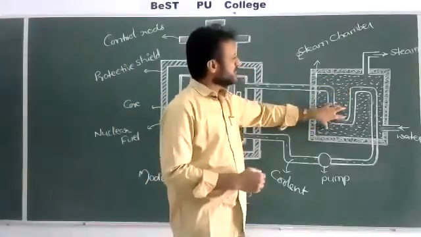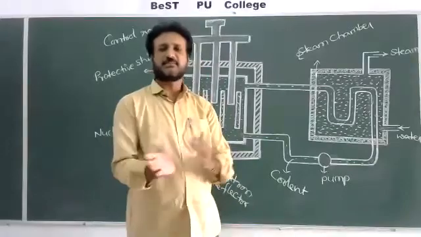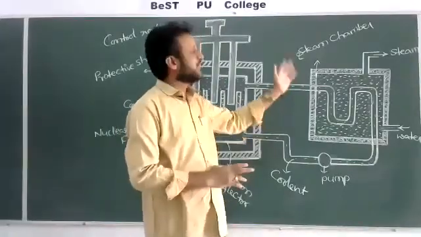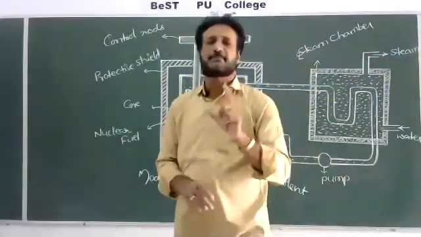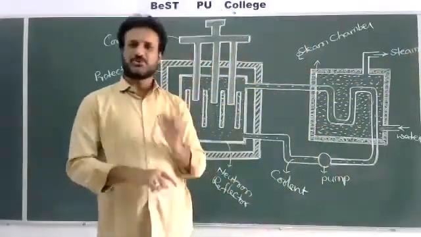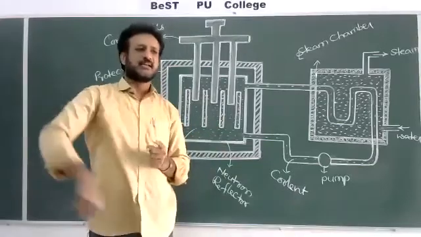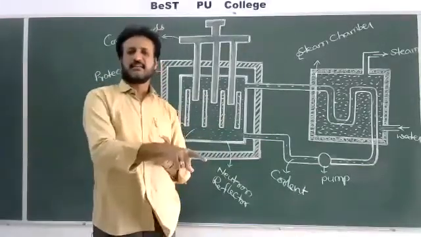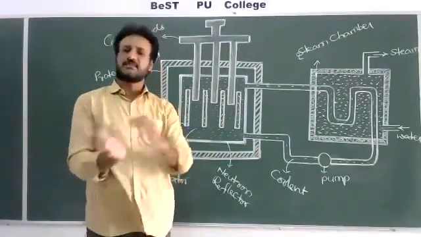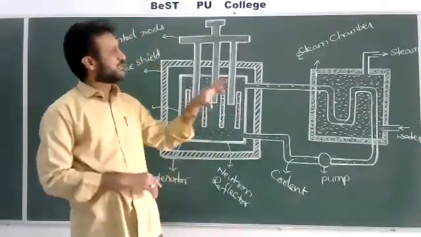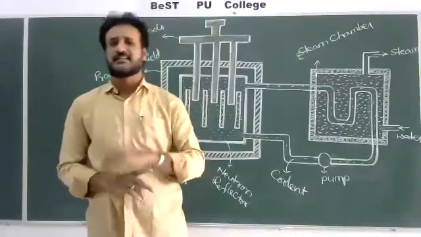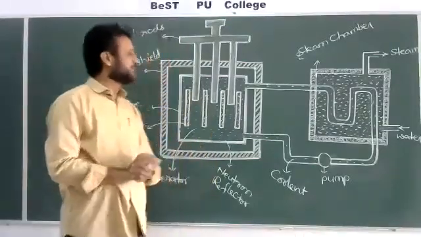Inside this chamber, whatever heat is there will be used to generate steam, and later this steam will be sent to other rooms which have turbines, and the steam rotates the turbines at high speed. Because of the rotation of the turbine, the mechanical energy will be converted into electric power. So in this way we can generate electric power by using the nuclear reactor. But from time to time we have to remove the heat.